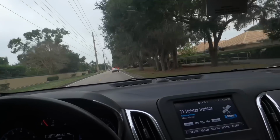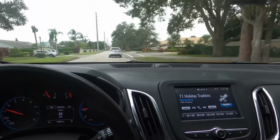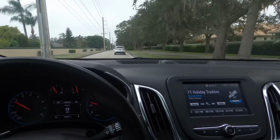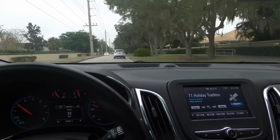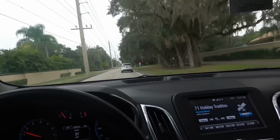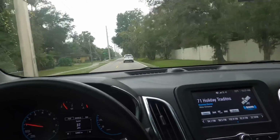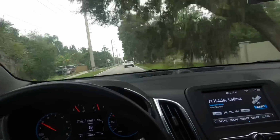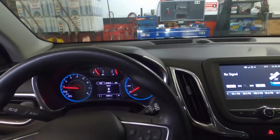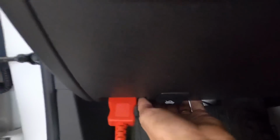However, that may not be the case with this particular engine, because this is a completely different powertrain, and I don't believe it shares the same faulty actuator solenoids. That's not to say that the actuator system in this one is not the cause, but I don't know or feel from experience that that is definitely the cause. So I am going to have to get a little deep into this just to verify that we indeed do have a variable valve timing control problem with this vehicle. If oil level is low or the quality is degraded, that has a negative impact on the system's ability to control VVT's function. So let's pop the hood